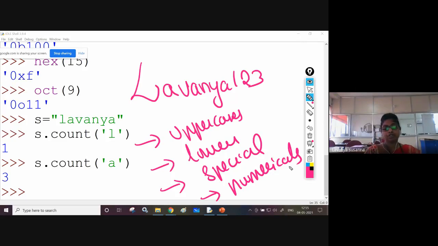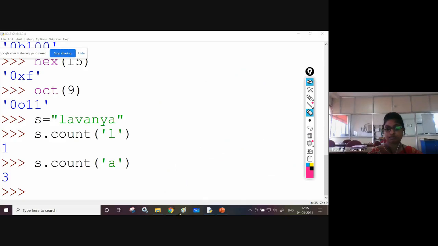Once again, you are going to enter some string. What is the problem statement? You need to find whether there are uppercase letters in the string, lowercase letters, special characters, and numericals. Okay, let us find it. I'll execute.